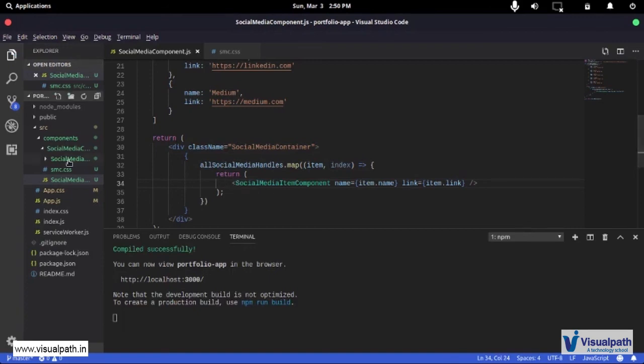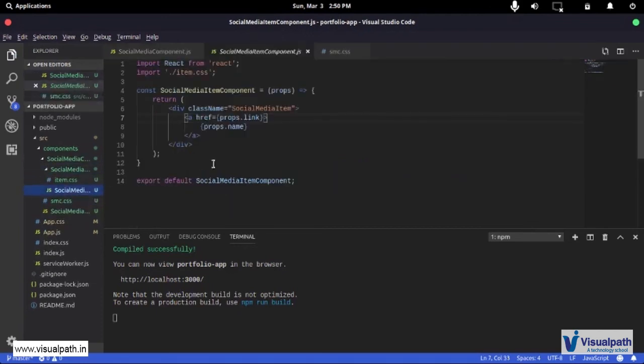Inside I created another folder called social media items component, and in there I created this JavaScript file called social media items component.js, and here I created a component with the same name. Then I isolated that structure in bits that were reusable. So I created this outer div, the social media items container, and then I had an anchor tag, and inside that anchor tag two things were supposed to change depending on the data, and those were link and name.